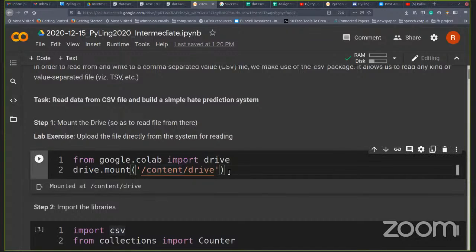Okay. So it's kind of fixed. This is how you mount the drive, just two lines of code. You import drive and you just do a drive.mount. When you run this code,